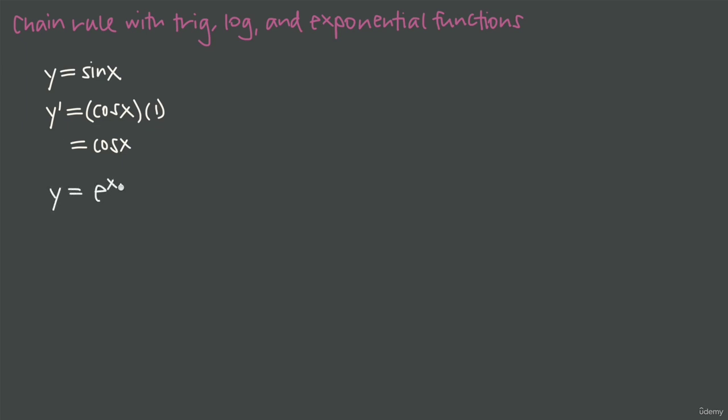So if we had y equals e to the x, the exponent is the inside function. So we already know that the derivative of e to the x is e to the x. So we say y prime equals e to the x. But what's actually happening is that the derivative is e to the x, and then when we apply chain rule, we multiply by the derivative of that inside function,